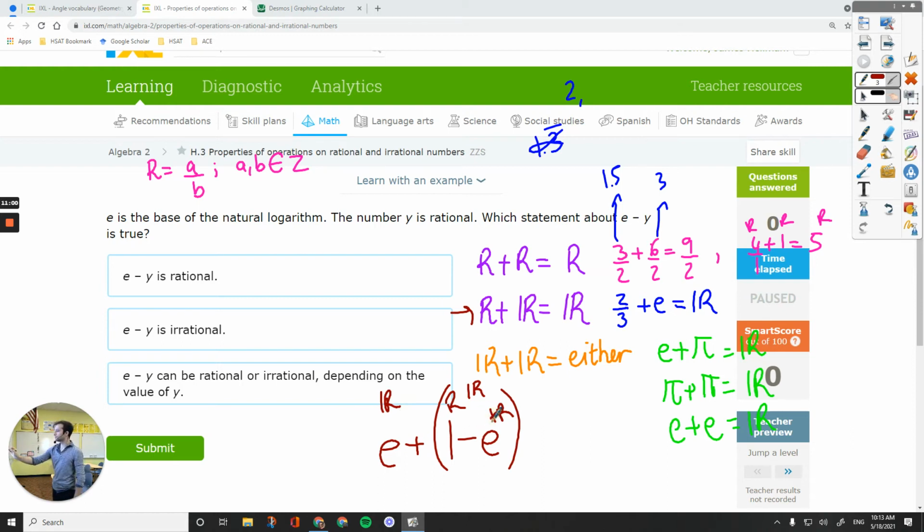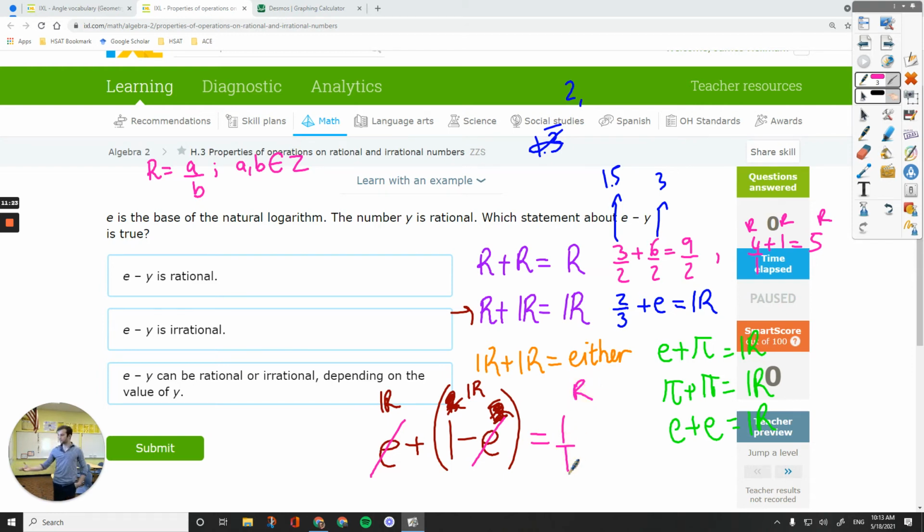Just ignore these two. I know that the answer in the parentheses now is irrational, and I have another irrational. Add them together. Let's see what happens. Aren't these two going to cancel each other out? Like this e, positive, and plus negative e. They'll cancel each other out. The answer is going to be 1, and I know 1 is rational because I can write it as a